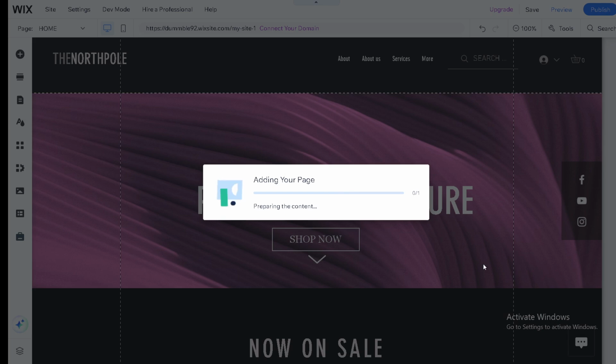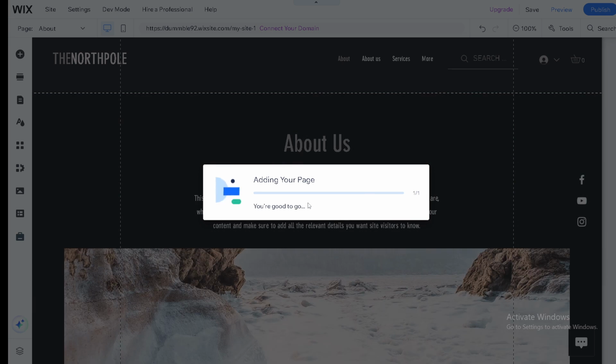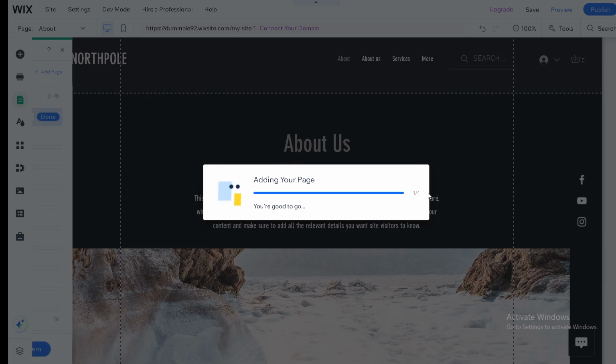Here you can add a variety of elements such as text, images, and strips. Consider using this space to introduce yourself, share your story, showcase your team, or whatever helps tell your unique story better. When you're completely satisfied with your new About page, don't forget to hit the Publish button located in the